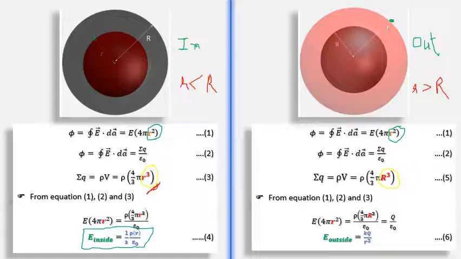So don't forget the difference between equation 3 and equation 5. Steps are similar, but there are some changes in the value, and because of the difference between 3 and 5, look at the consequences. Look at the end result of electric field inside and outside. The fourth equation suggests that electric field is directly proportional to the distance from center, whereas the last result 6 suggests that electric field is directly proportional to 1 by r square when you are at some point outside. So that is the basic difference, and that was the topic. Let us conclude now.